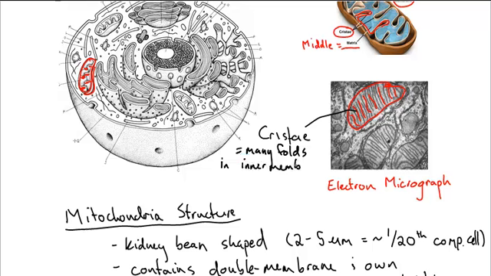Why do you think we'd have all these folds in the inner membrane? What do they do to the overall amount of membrane? That's right, they increase surface area,